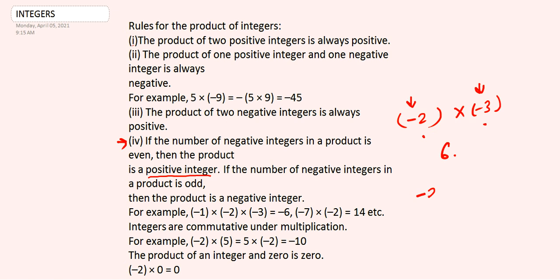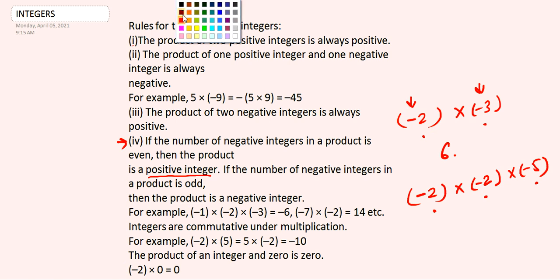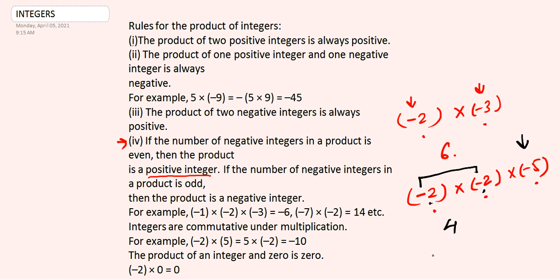But whenever you are multiplying minus 2 into minus 2 into minus 5, as you can see, we are having here three integers, minus 2, minus 2 and minus 5. So this minus into minus is plus, but what about this? This is a single negative sign here, because this minus and minus turns into plus. Only one negative sign we are having here. So minus 2 into minus 2 will give you plus 4, and into minus 5, 4 5s are 20, one negative sign.